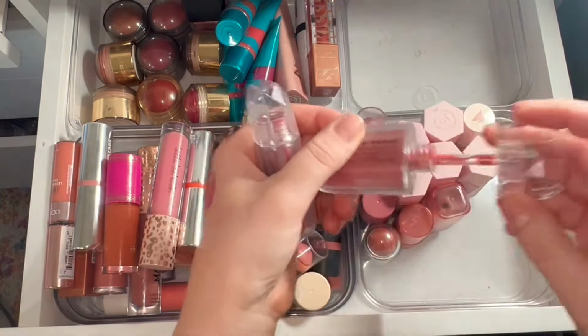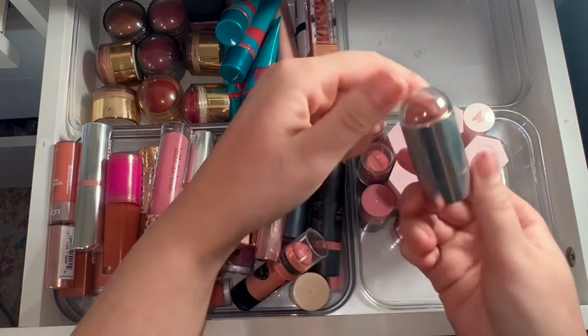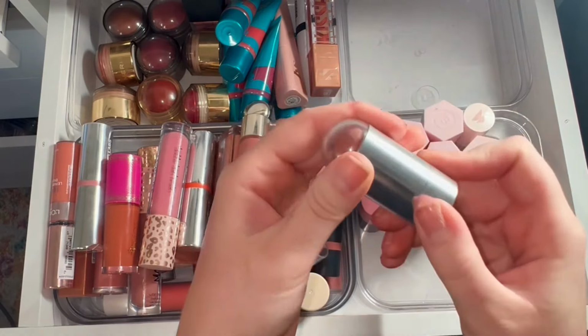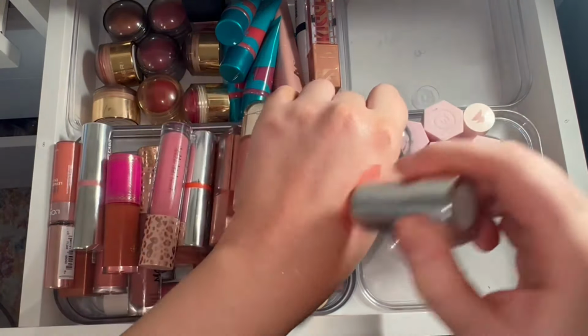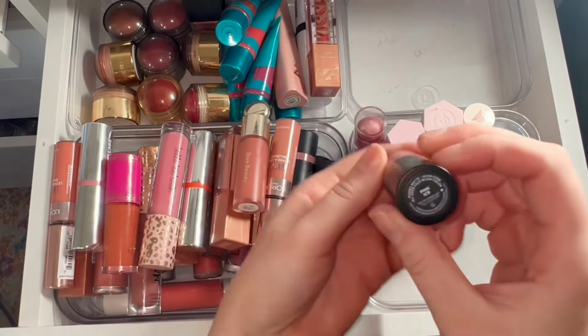Both really pretty shades. I think I'm just going to keep them for now. This REM Beauty Cheek Stick in the shade Front Row Center. I really like the shade, but I never reach for it. But look at that shade. Keeping that. I'm going to keep this Nude Sticks